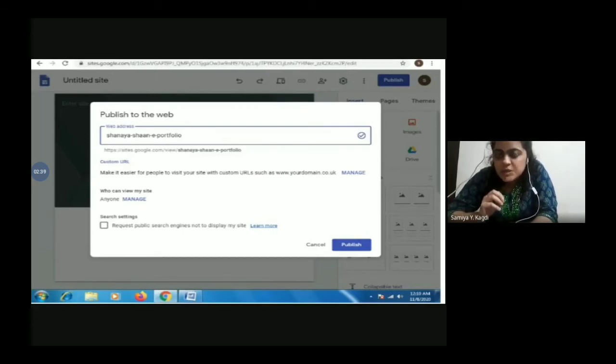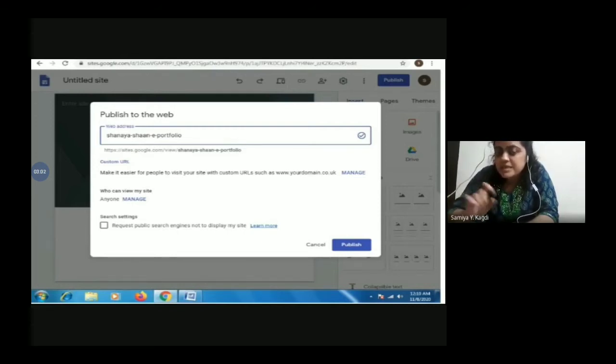Under this web address you will see HTTPS sites.google.com/view/Shanaya Shan-e-portfolio. It comes later on when you start placing text accordingly.